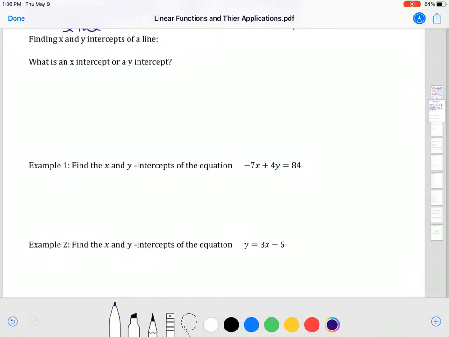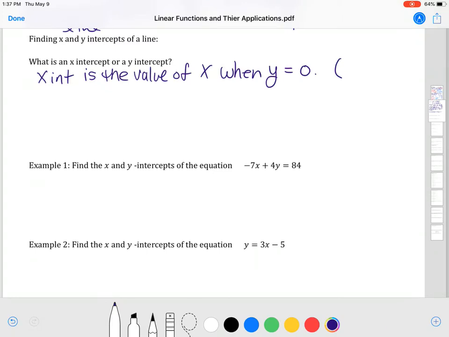Now that we've been introduced to the basics of a line, let's talk about finding the x and y intercepts of a line. The x-intercept, and this applies to any function, not just a line, is the value of x when y is equal to 0. So if I were to find the x-intercept and write it as an ordered pair, I'm going to have some number, I'll just write it down as n, whatever the x-intercept is,